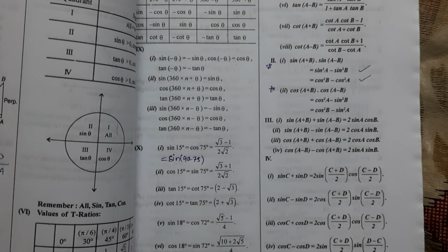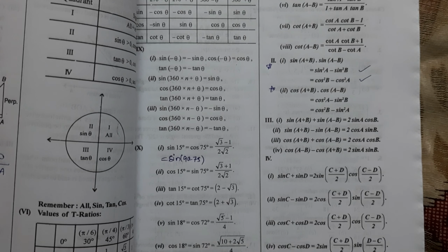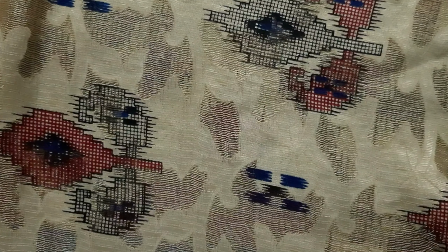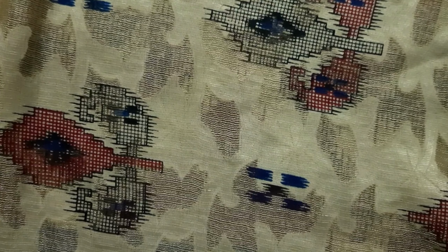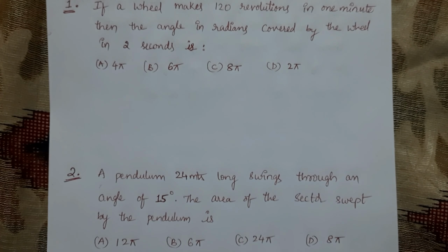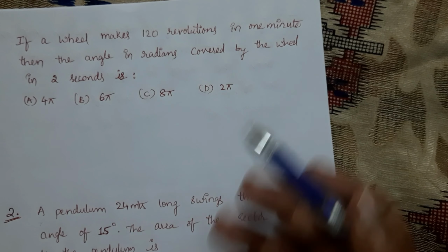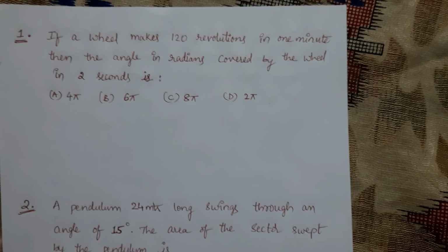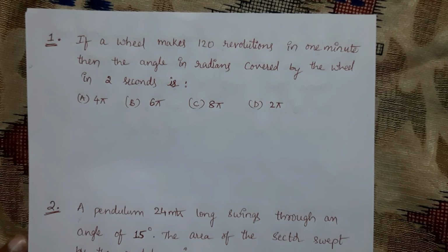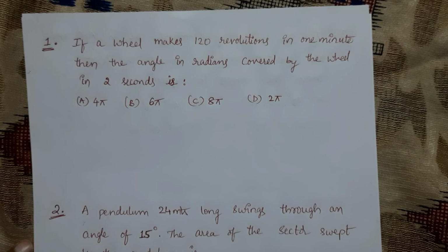Now after this concept, I have selected some 20 important models for KCET of trigonometry. Based on that, I have selected some 20 different types of questions that we will solve now, and in tomorrow's class I will tell some shortcuts for other different models. In this one we will work based on the formulas, and tomorrow we will discuss shortcuts. Now see question number 1.